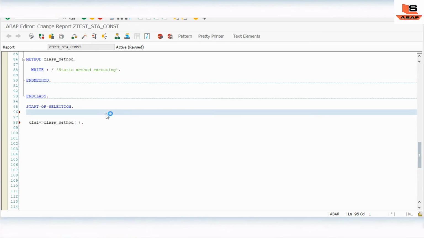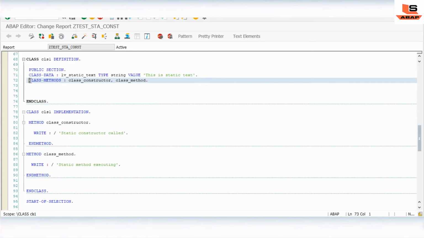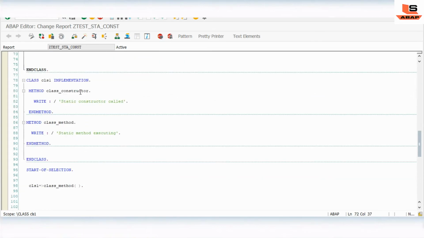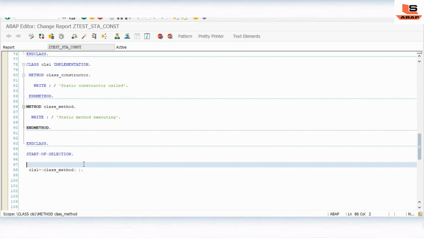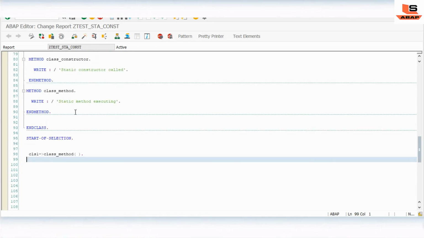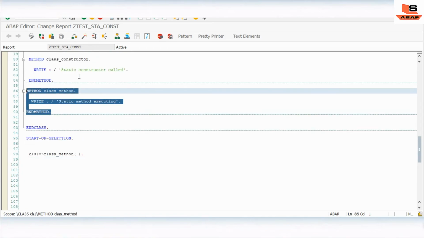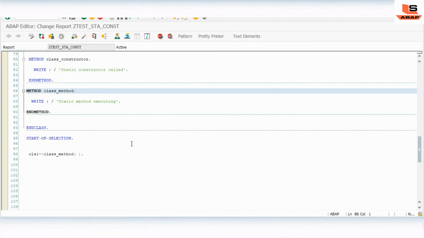As you can see here, this is our third scenario, in which we have this static constructor and static method. We have just implemented the static constructor and static method, but at the time of calling we are only calling the static method. We are only accessing the static method. Let's see again. As you can see here, first the static constructor is getting called and after that the static method is executing. So that is the way the static constructor is used.